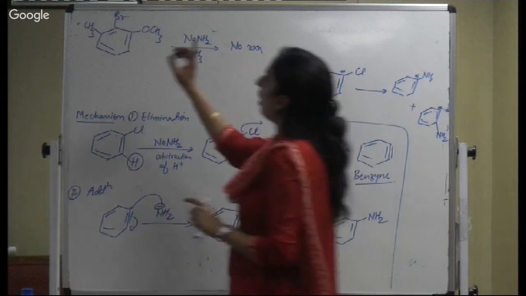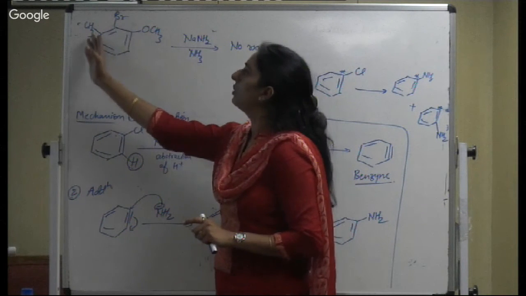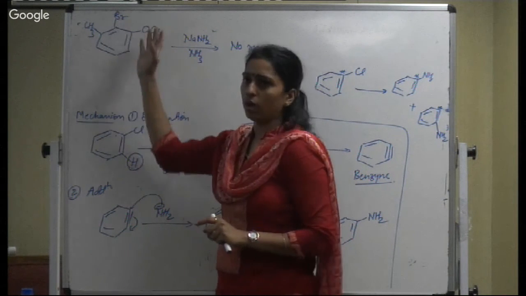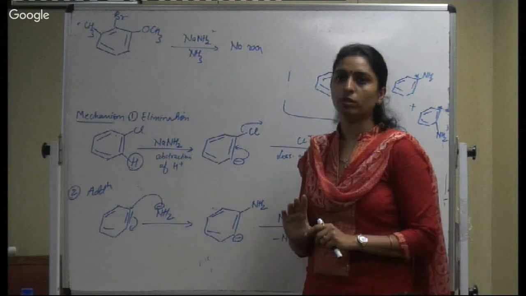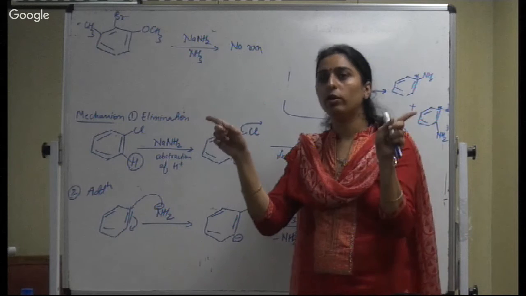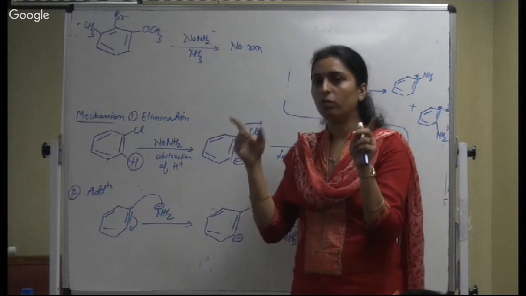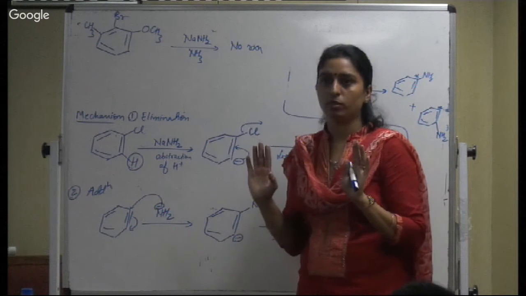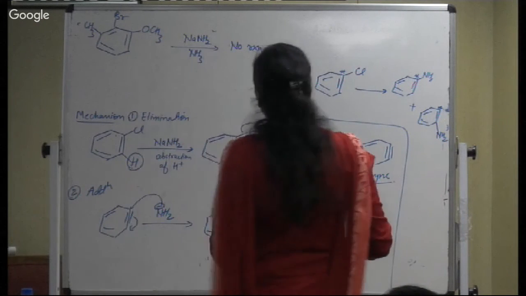Later on, it was found that when we treated 2-chloro 3-methyl anisole under the same reaction condition, no reaction was observed. So it was thought that the ortho hydrogens are mandatory. If you take a compound without ortho hydrogen, no reaction will be observed. The third evidence,